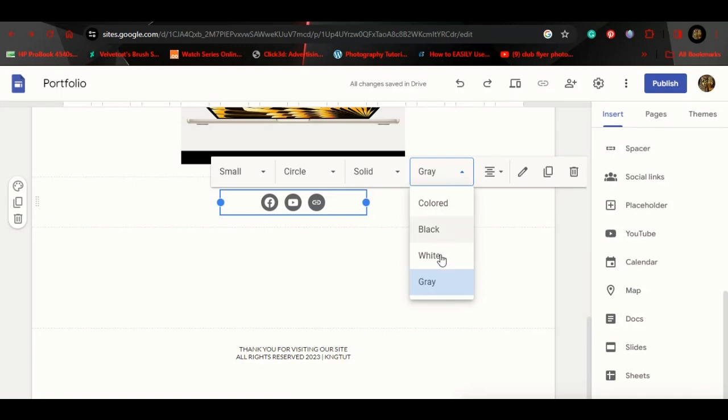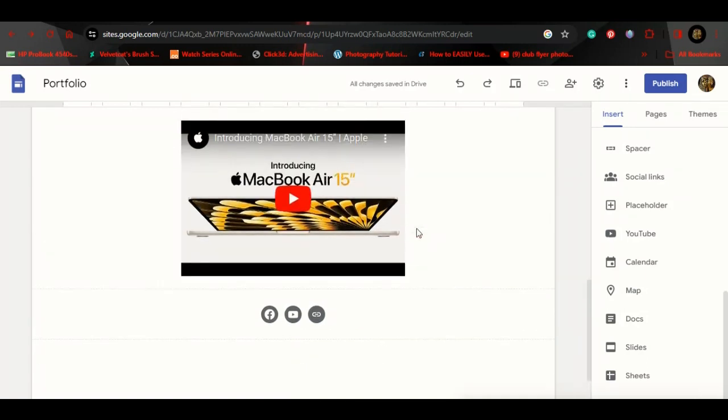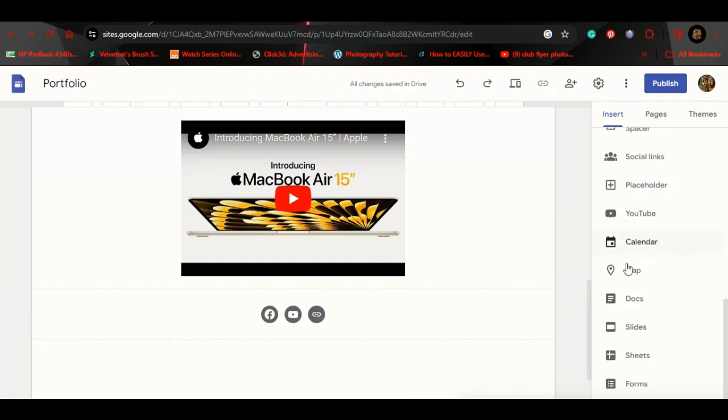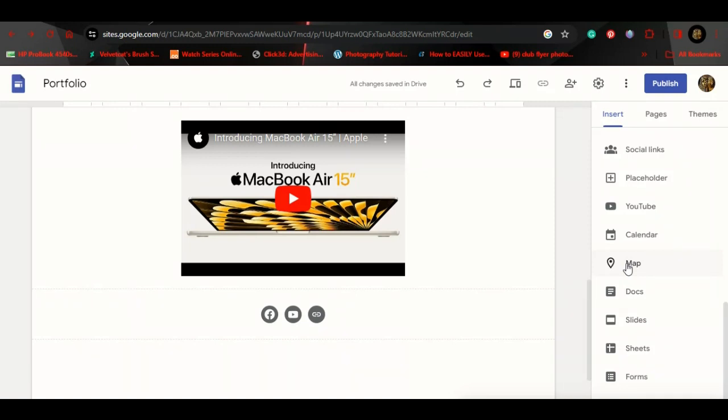Can change the color maybe. That's important, that's okay. That's how you insert a Google link. So if someone clicks, that's how you insert a social link. If someone clicks here on Facebook, it will take them direct to Facebook. This one will take them to YouTube, and this other one we said it was Google. Another thing we haven't focused on,